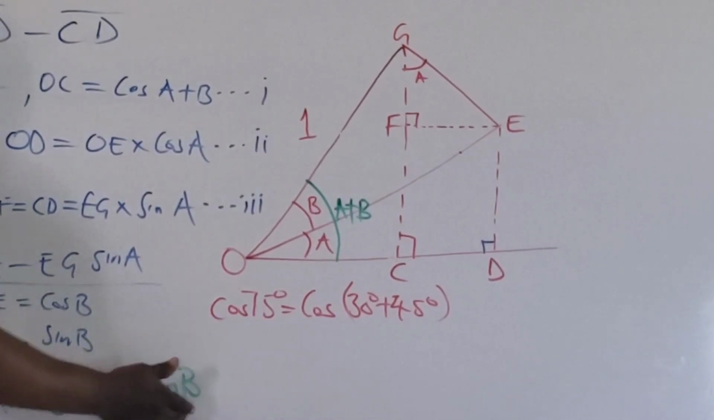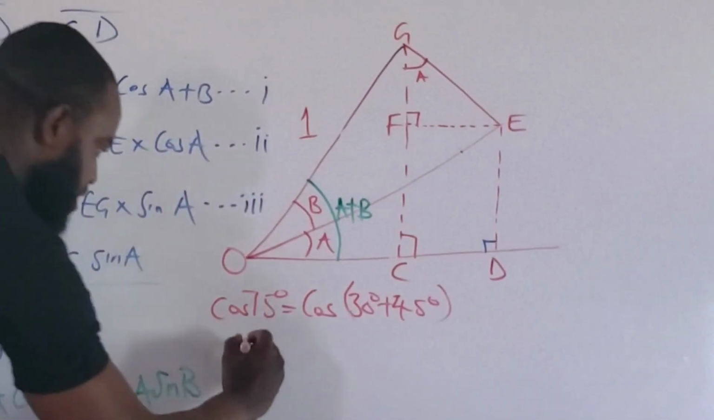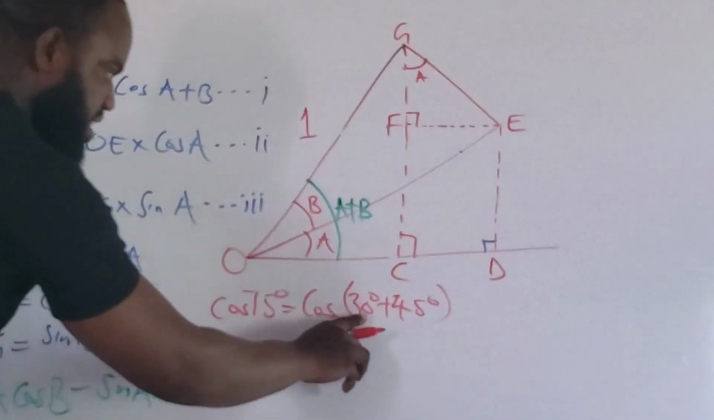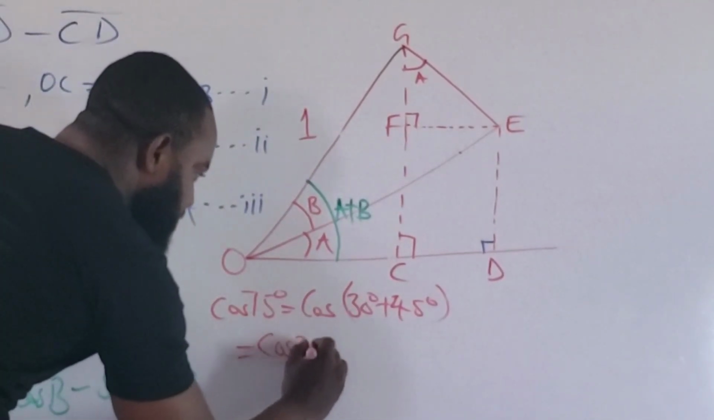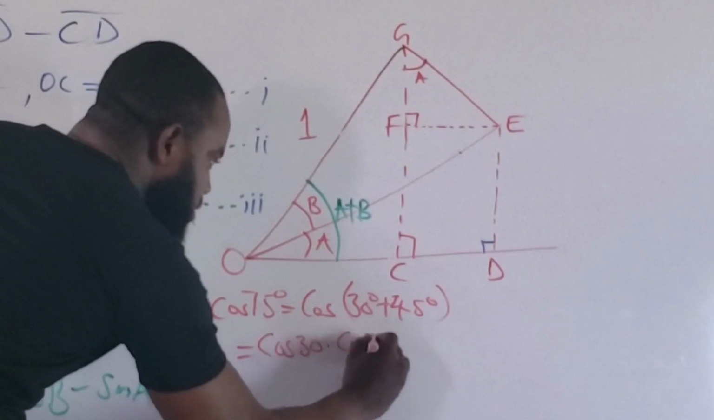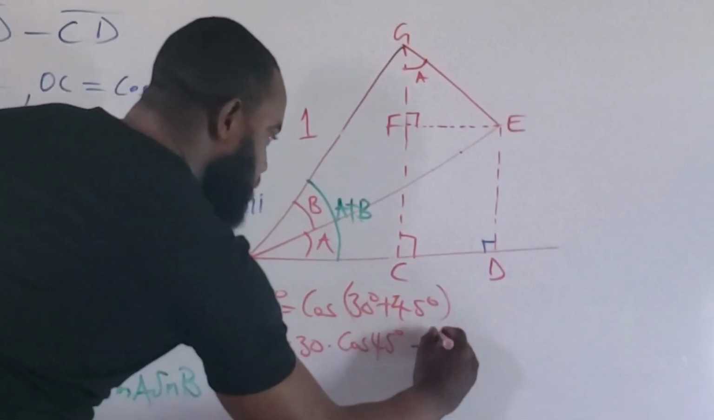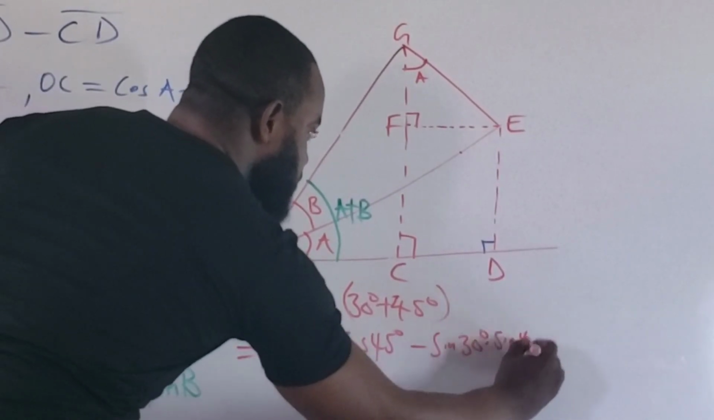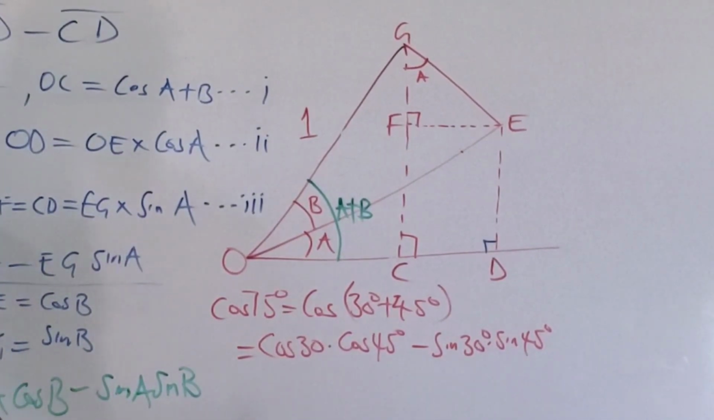You can simply go on and rewrite this in this form, such that you have this equals cos A cos B minus sine A sine B, where this is A and this is B respectively. So we have cos 30 multiplied by cos 45 degree and minus sine 30 degree multiplied by sine 45 degree. Now at this point we are going to need something that I mentioned earlier on, and that